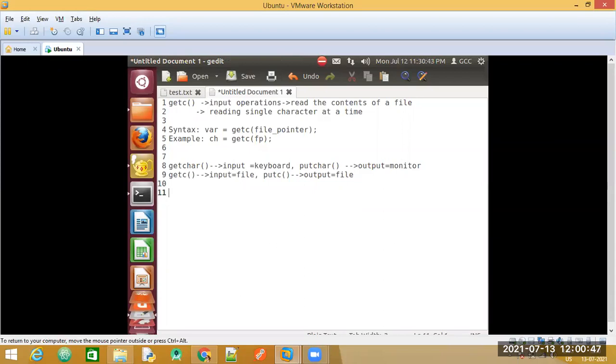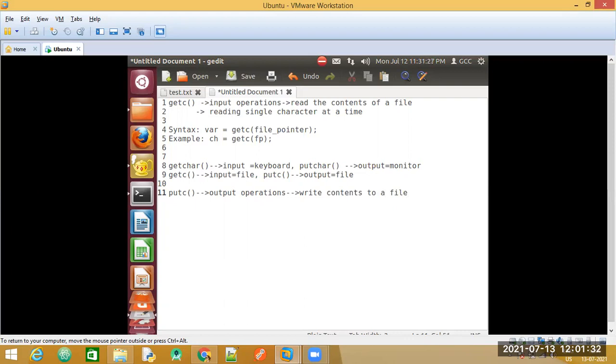The next function that we have is putC. This character oriented input output operation putC is going to help us to perform our output operations on a file. Likewise, when getC helped us to read the contents of the file, the putC function will help us to perform the write operations, or to write the contents to a file that is pointed by FP.